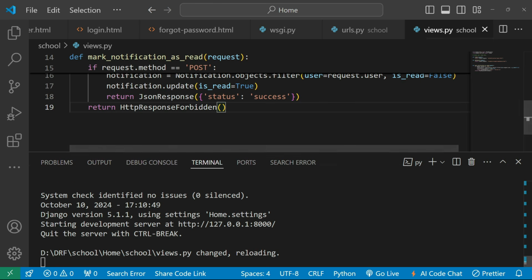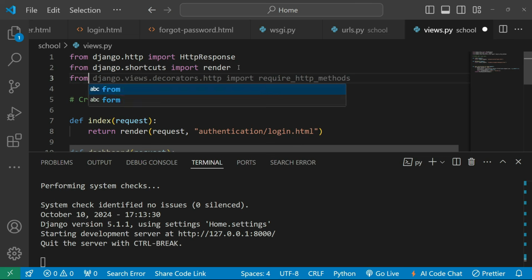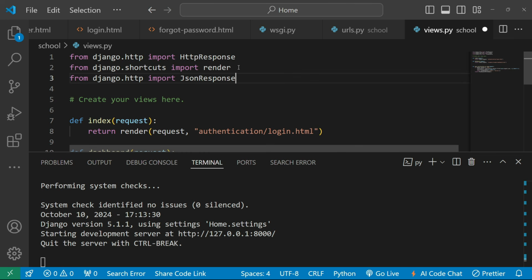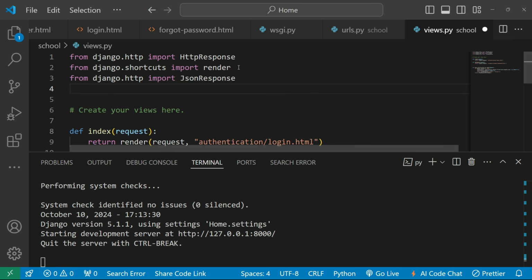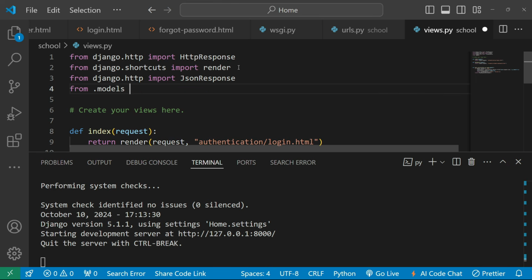Let's save it, and we also need to import JsonResponse. So here write from django.http import JsonResponse, and also import the Notification model. So here write from .models import Notification. So let me save it,